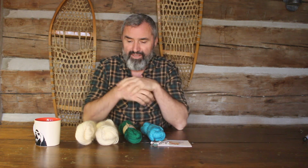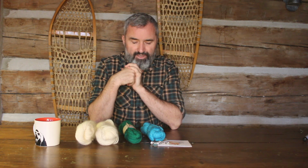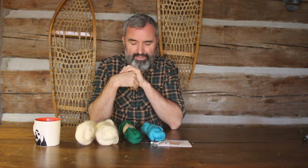I was really excited about the colors, and I noticed that she had a sign up that said natural dye. And so I asked her, well, which ones are natural dye? Because none of the yarn looks like natural dyed yarn. And she said all of it. And so I thought there was a miscommunication between French and English, and no, all of it is naturally dyed,